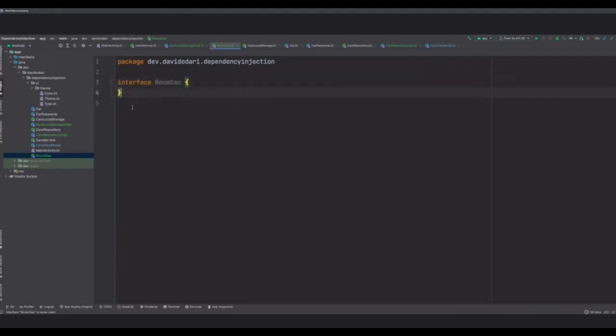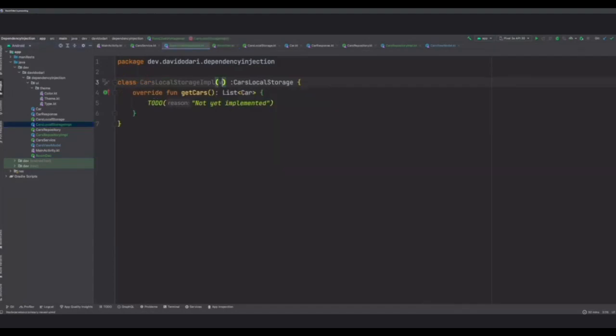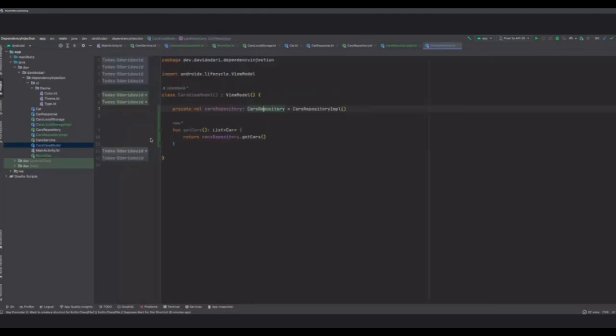There are other libraries you can use, but Room is quite common. So let's say the local one also has this Room DAO. And you can imagine all this ends up being used at the repository, right?